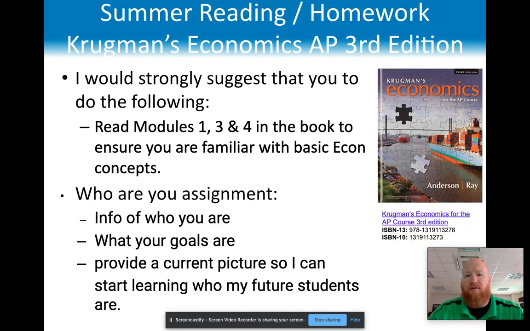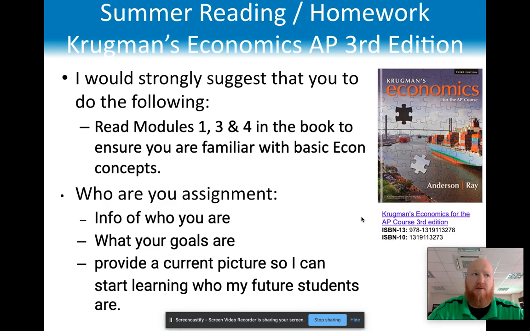We will be using Krugman's Economics for the AP course, 3rd edition. Guys, I know there's been some questions. Oh, can I get by with the 2nd edition? Maybe. I know it's an expensive book, but hey, there were 58 books bought this last year, so you should be able to get one used from one of the students from last year. Since we had the redesign, they've redesigned the whole thing, so you really need to be looking at this book. I put a link over here to